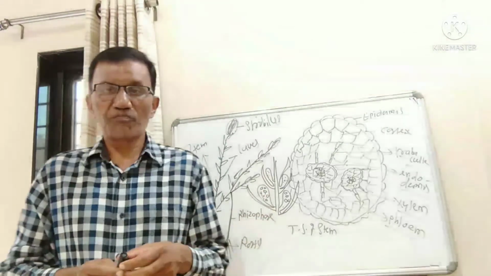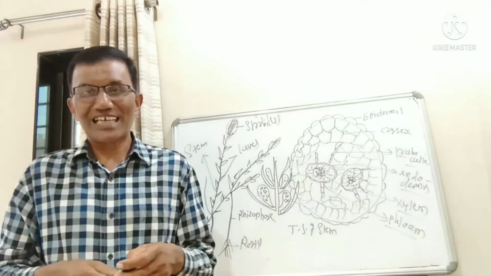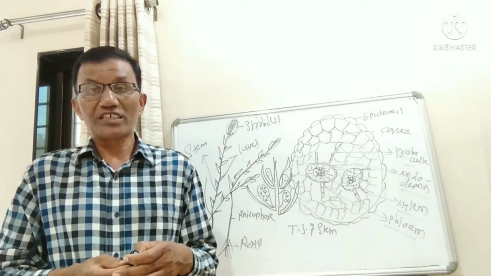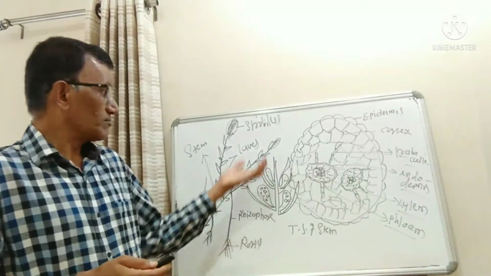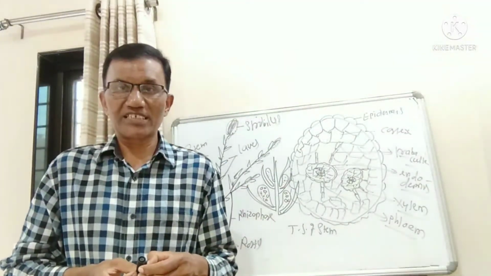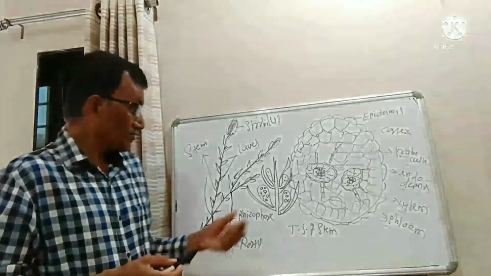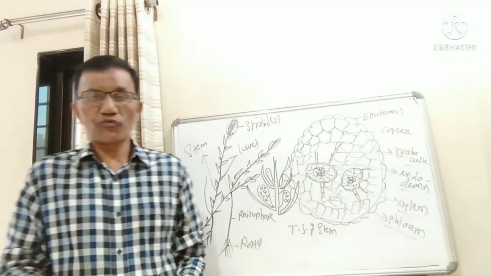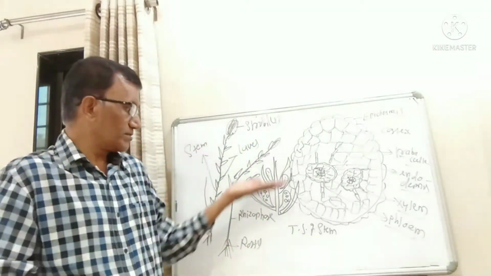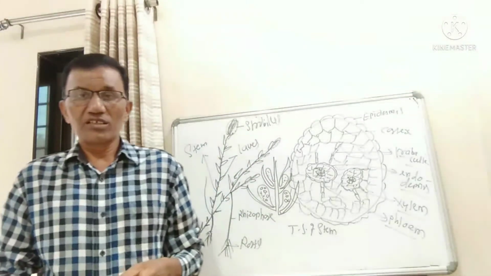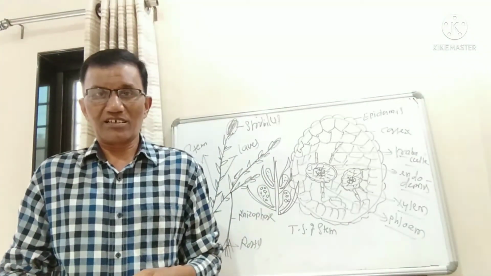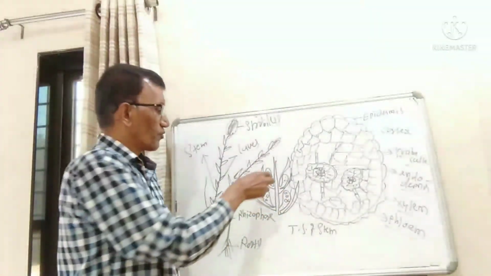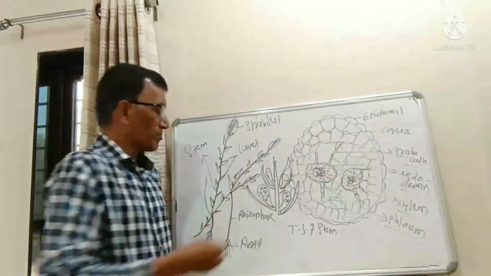So in the same cone there are two different types of sporangium and spores. Therefore, the heterospory condition is an important characteristic of Selaginella. So while describing the reproduction or multiplication in the sporophytic plant of Selaginella, you have to focus on the internal structure of the cone or strobilus: what is the megasporangium, what is the microsporangium, and then maturity.